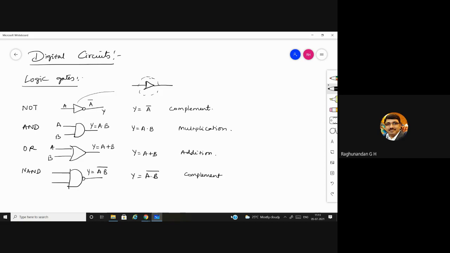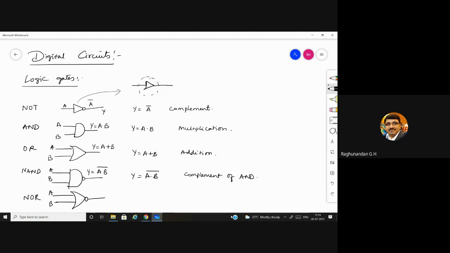See, now for the NOT gate, if I forget to write a bubble, what will happen? For NOR also we need to have a bubble. See, if you say NOT, there should be a bubble. Sir, that's not any gate, I guess. So what does it indicate?